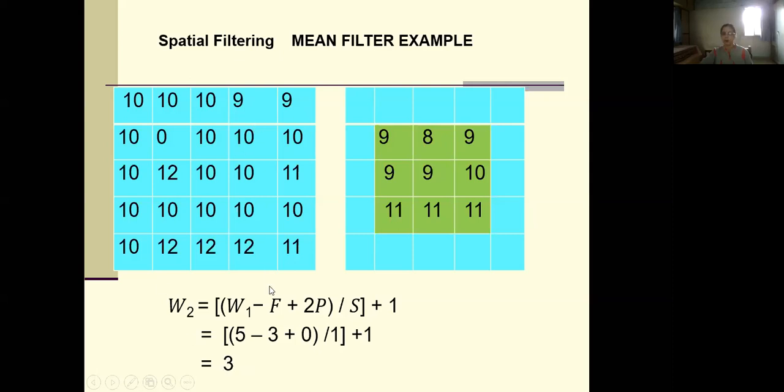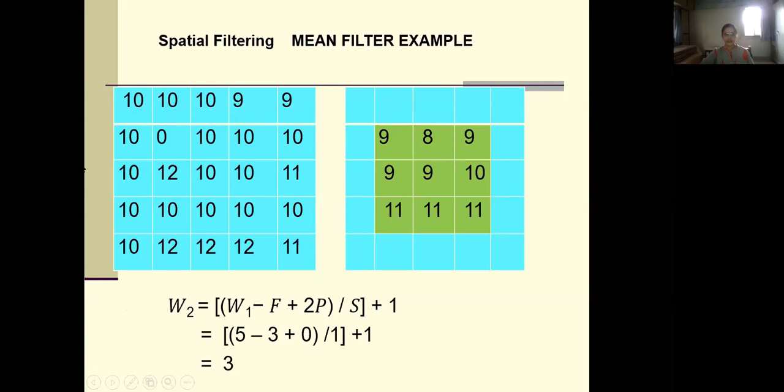Okay. Now for all the examples, we are considering square size images and square size filters. So your width parameter is same as height parameter for original image as well as for filter as well as for zero padding terms. Okay, so this equation W2 is equal to (W1 minus F plus 2P) divided by S plus 1 gives us width or dimensions of the resultant image. Okay, so with this example, it is clear. I think we have justified this equation.